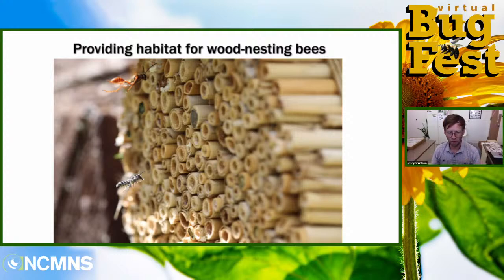And so one way to think of this is, over the last couple of years, we have all become familiar with the term social distancing. We social distance to avoid spreading disease to our colleagues and friends. When you make this bee hotel, you are taking away the natural social distancing that bees will do. In nature, they're finding a hole in a hollow log over here or in a dead tree over here. We are now concentrating these bee nests into one area, and they won't fight with each other. They nest just fine. But because we have reduced that social distancing, you can spread diseases and you can spread parasites and you can spread pathogens around these.